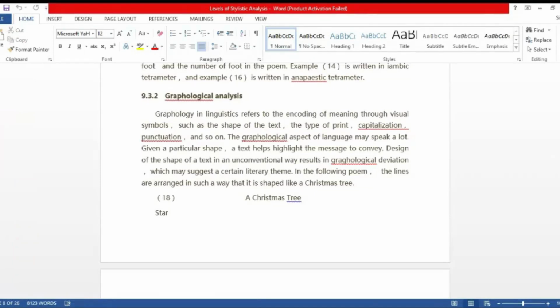कहीं पे आप जुमला लिखते हैं कि I am a student of class or section B. अब पूरा तो I से कैपिटल लेटर है, भी अंडरस्टैंड कि वी हैव टू राइट फर्स्ट लेटर एज कैपिटल, लेकिन आप बाकी तो स्मॉल लेटर्स में लिखते हैं, I am a student of, और class को पूरा कैपिटल कर देते हैं. और राइटर्स अपनी पोइट्री में, अपनी नॉवेल्स में ऐसा करते हैं, they capitalize certain terms. Now this is graphology, they are playing with the shape of the words and these have to be taken into